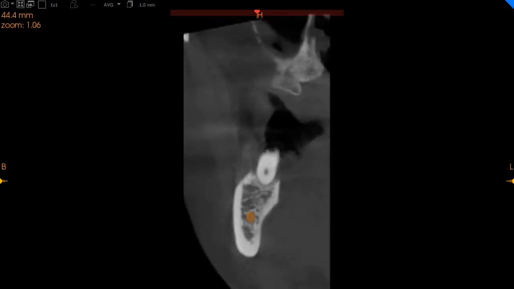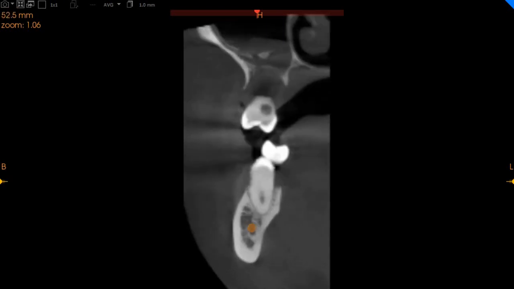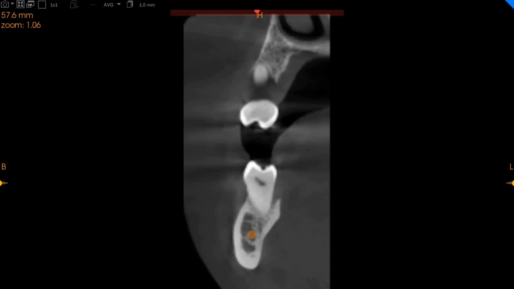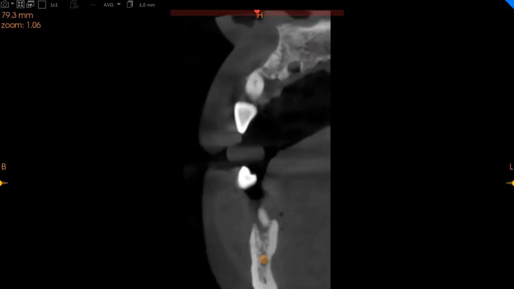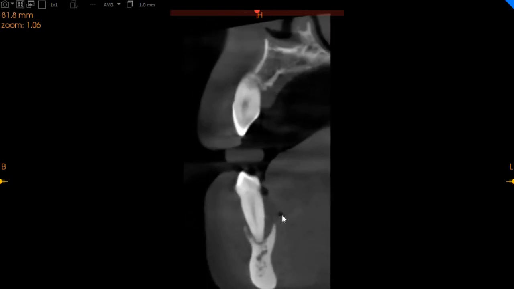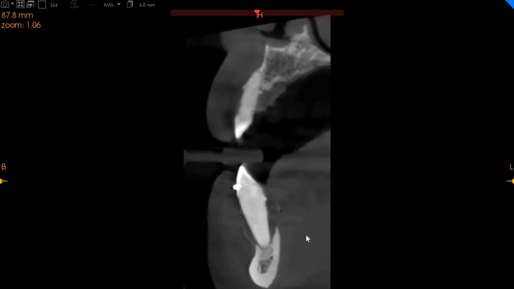The lower right, we're going to focus again, has significant bone loss. The lower right 7 has significant bone loss. The lower right 6 has significant bone loss with very apical radiolucencies. We've got the lower right 5, which has again significant bone loss. We can see here. The lower right 3 also has significant bone loss, which can be seen here with very